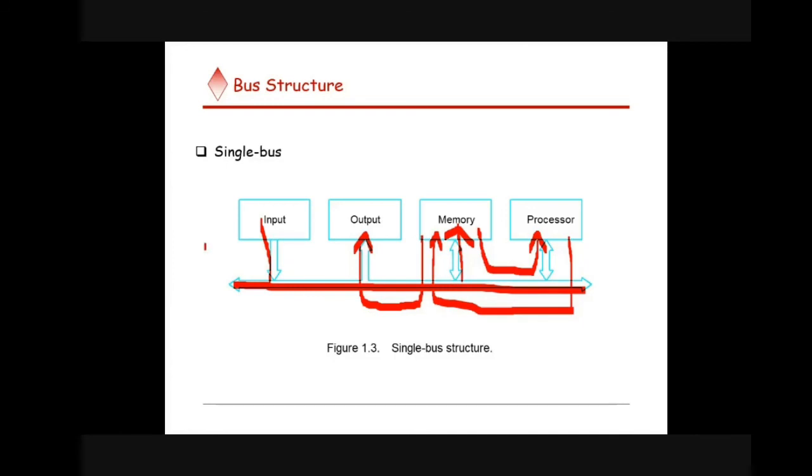So the extra thing we can do is keep a buffer over here, from the input device to the bus. What does buffer mean? It is a small storage area. It can read the input from the user and store it inside the buffer. Once the buffer is full, immediately all that data can be transferred onto the bus and directly to the memory. Otherwise, reading the input from the user and putting it onto the bus will take time. So that reading process should happen beforehand, and the result will be stored inside a buffer.